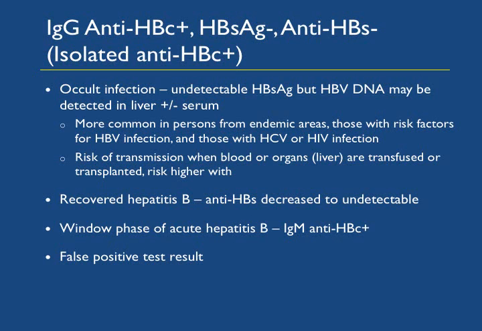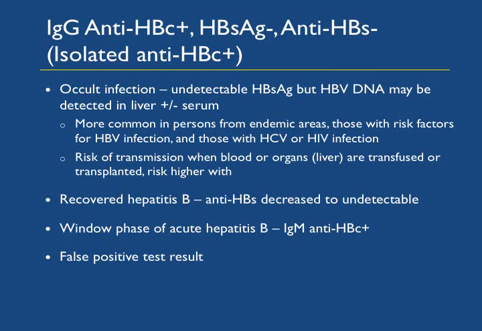Rarely, isolated core antibody may be found in someone who has recovered from hepatitis B, but with a very low level of surface antibody that is below detection. And occasionally, it could be in someone in the window phase of acute hepatitis B, when surface antigen has become undetectable, but surface antibody has not emerged. Now, these people can be easily recognized because they would test positive for IgM core antibody. There are rare exceptional cases when this is just a false positive test result. So whenever I see someone with isolated core antibody, I always repeat the whole hepatitis B panel to make sure